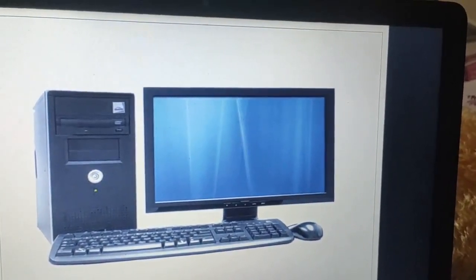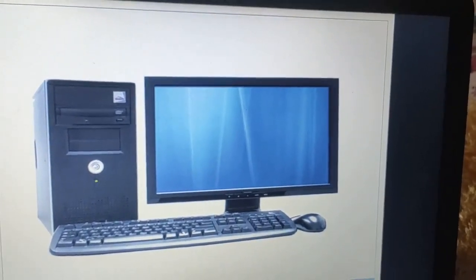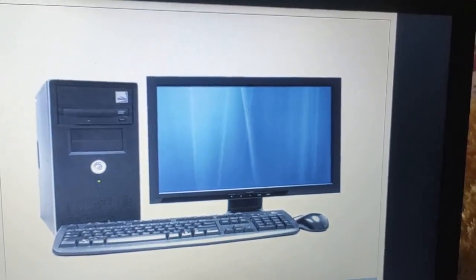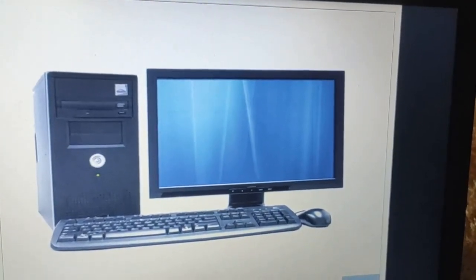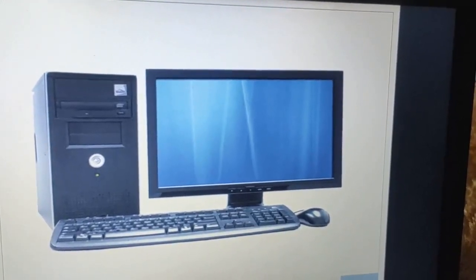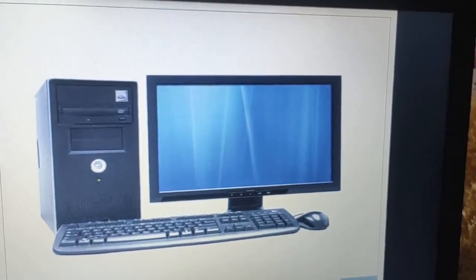So dear children, tell me which of the following parts of a computer you will be using to make a list of items that you are going to buy from the market. Yes dear children, what will you use to make the list of items?